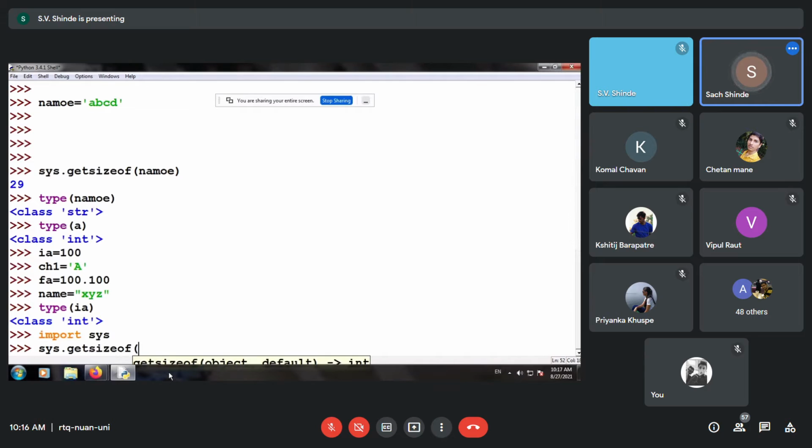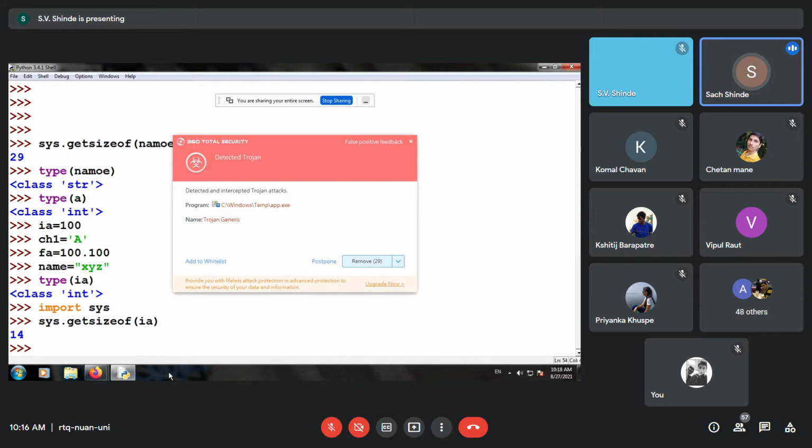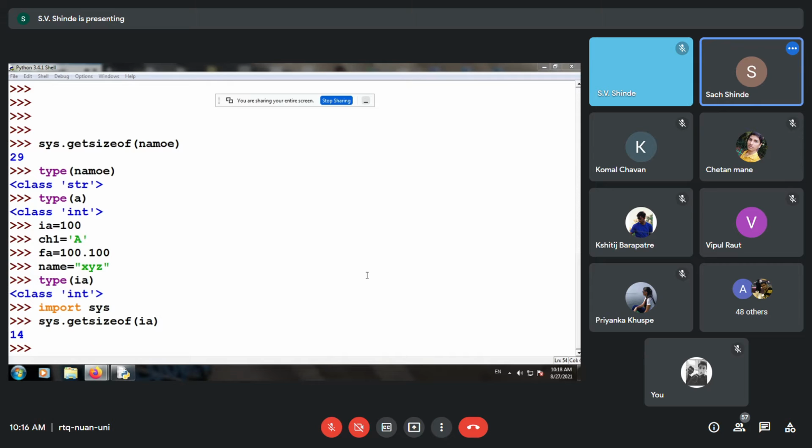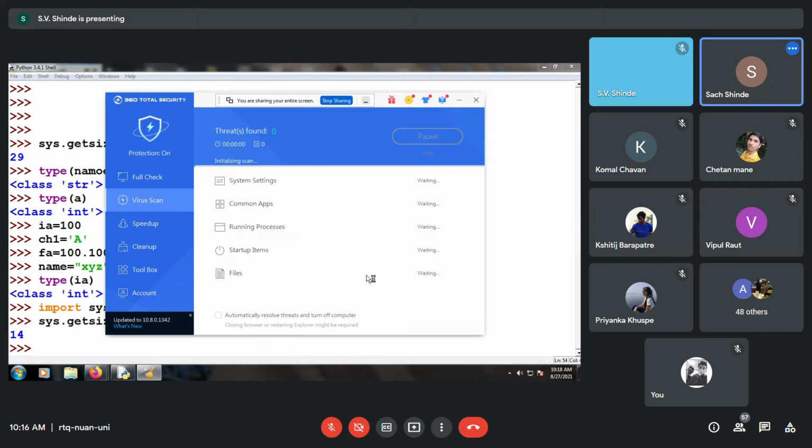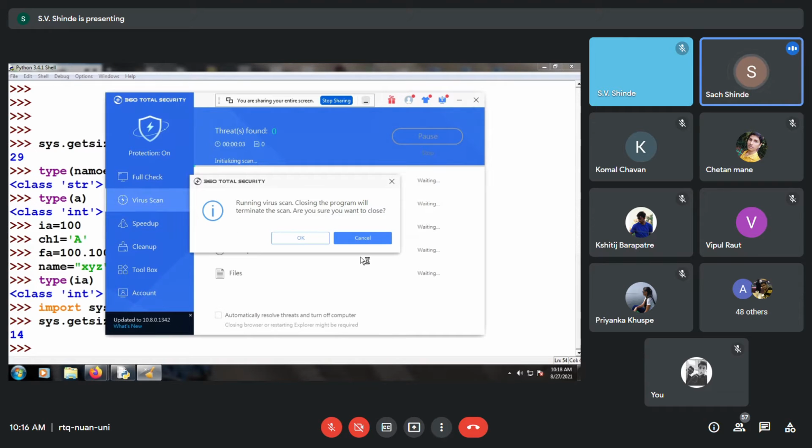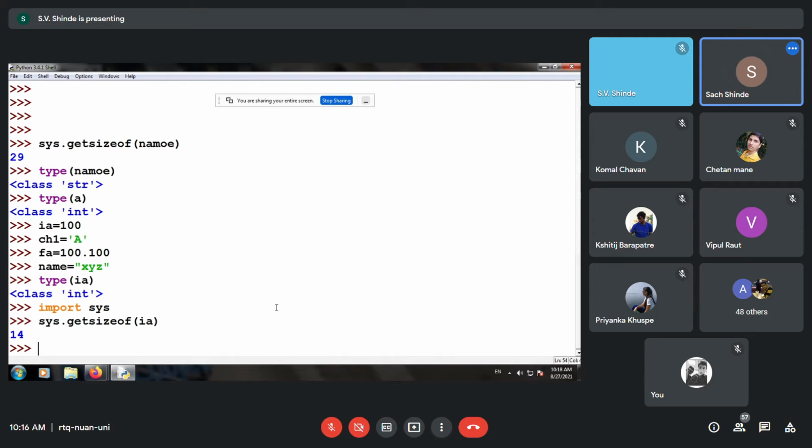This is the size of variable, and in that you put the variable name as a parameter. We'll find that it shows that IA has a size of 14 bytes, and it is of type integer. It is dependent on the compiler.